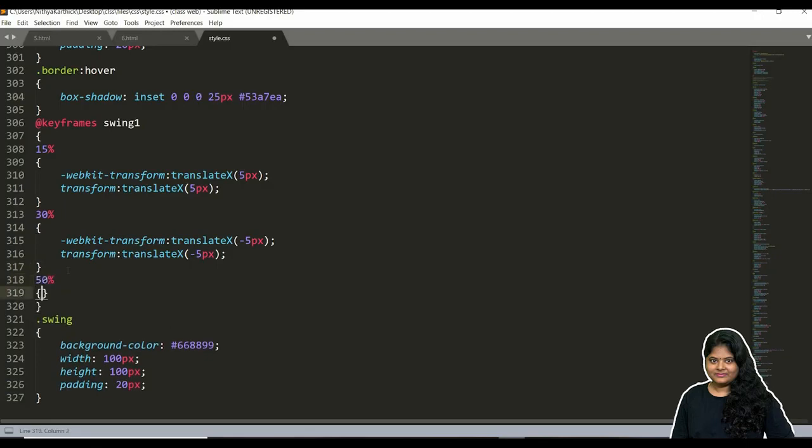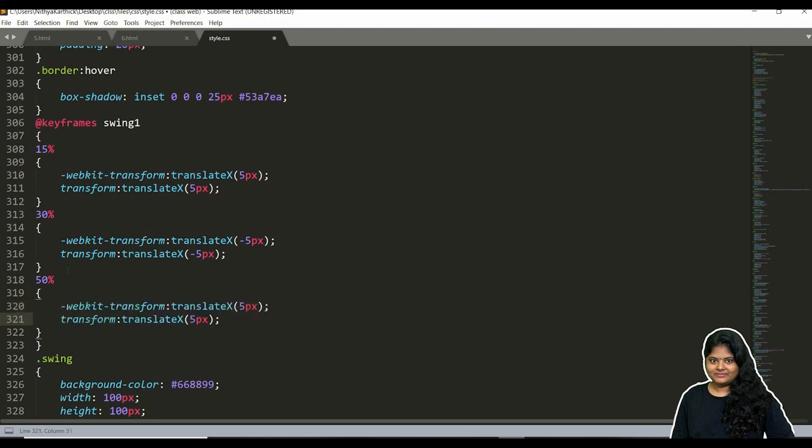So now 50. Let me do the same, but this time we just move 3 pixels. After 50 we can give 60 or 70, anything. This time I am taking 65%.